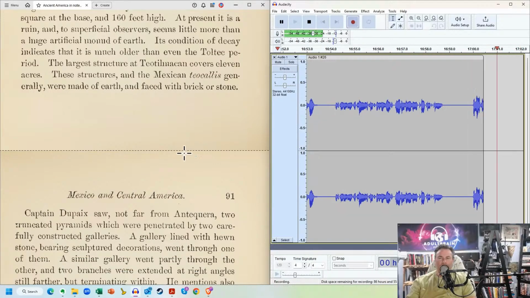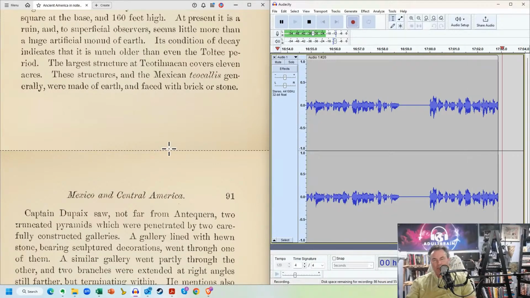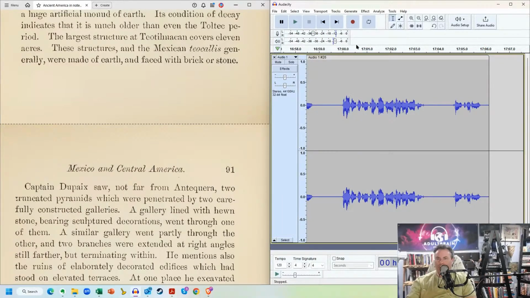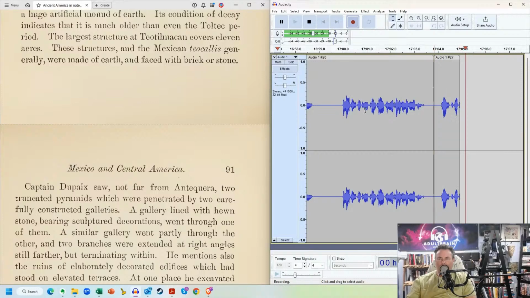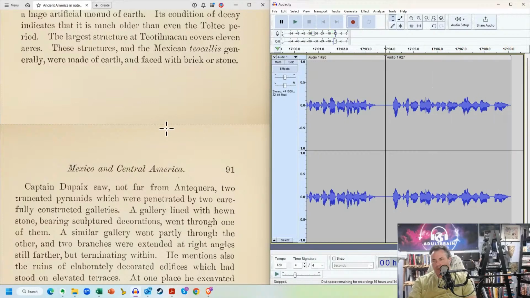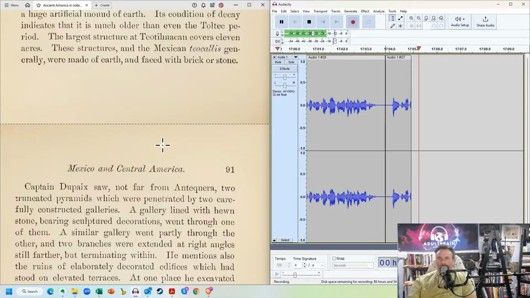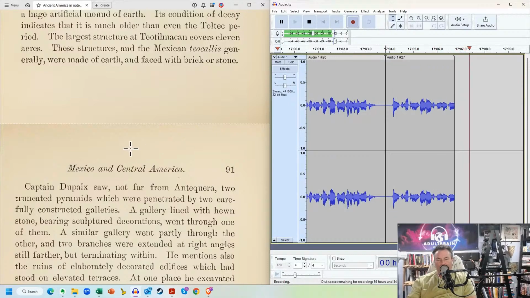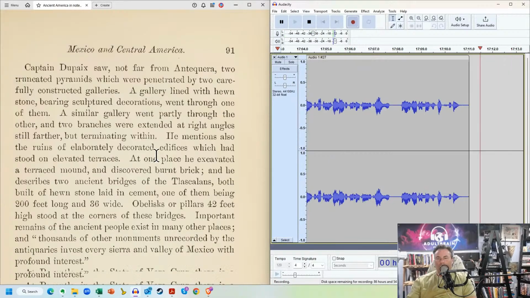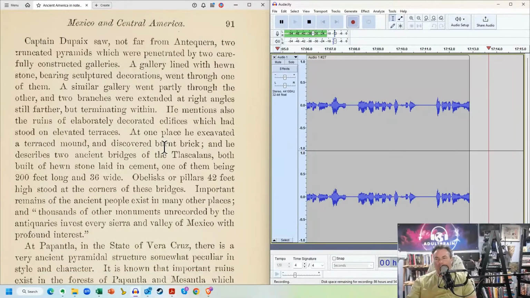The largest structure at Teotihuacan covers 11 acres. These structures and the Mexican teocallis generally were made of earth and faced with brick or stone. Captain Dupay saw, not far from Antiquera,